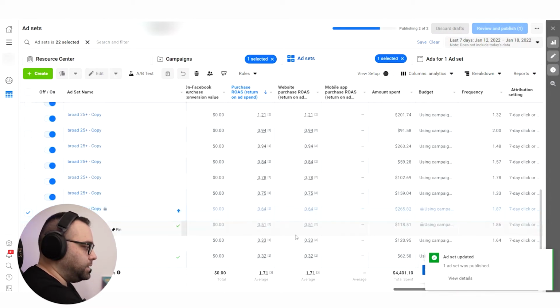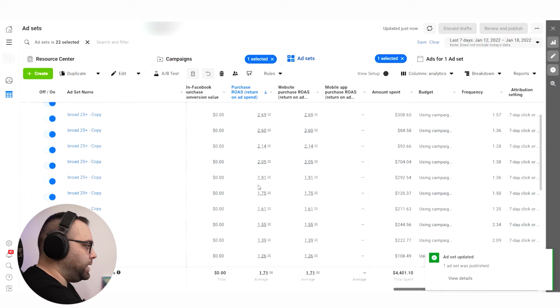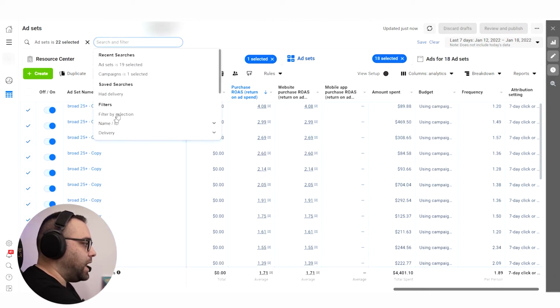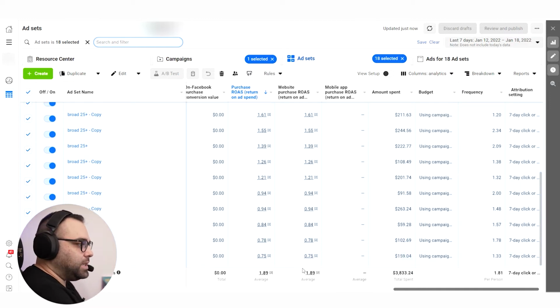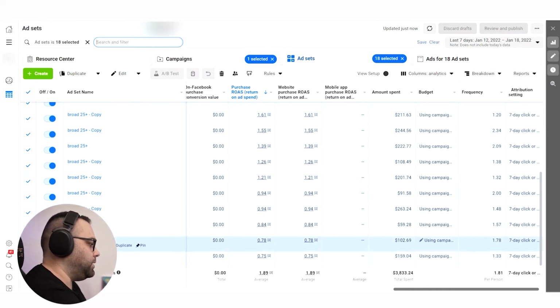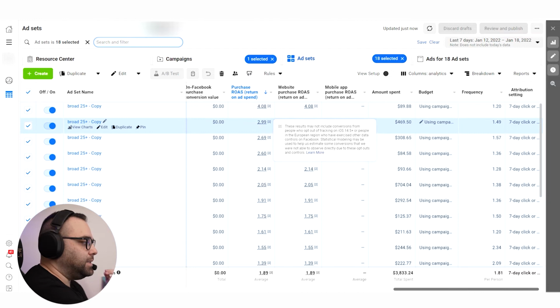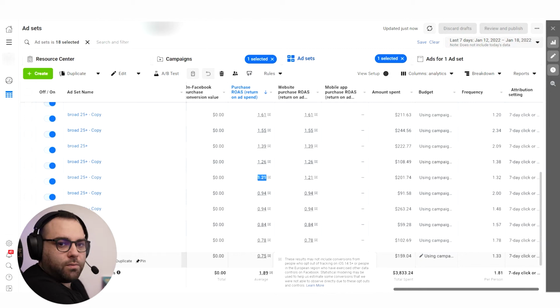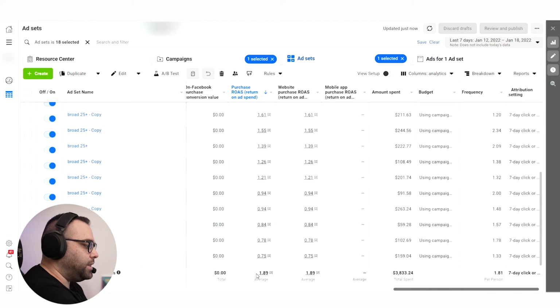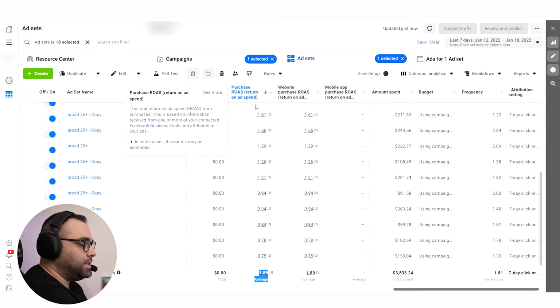Now that we closed these, okay, we're going to pick the ones that are left and see what kind of average results we are going to get. It's 1.89, okay? Now, it's up to us if we want to increase it more or go higher. Now, two important things, and for me, this is the biggest mistake that people make when it comes to that. You don't need to keep only the ad sets that are actually producing positive ROAS for you. You need to keep also some bad ad sets in order for you to have volume, okay? What you care about is only the average return on ad spend.